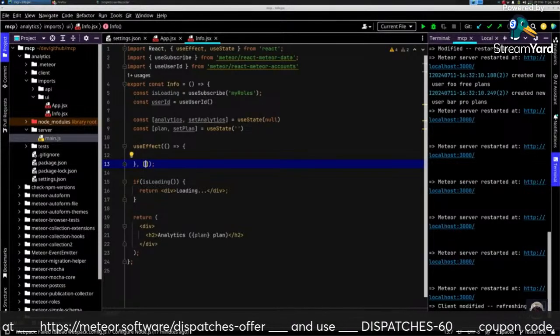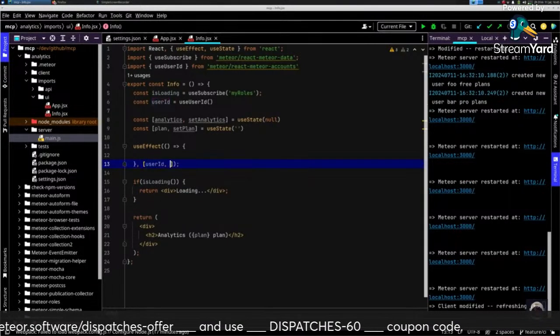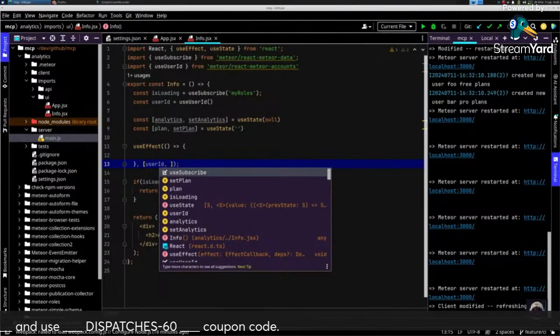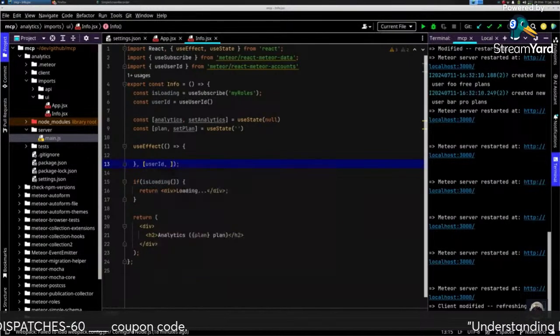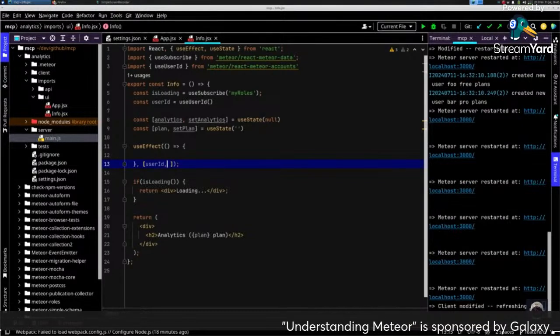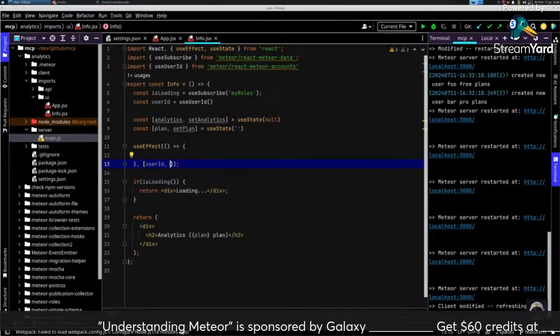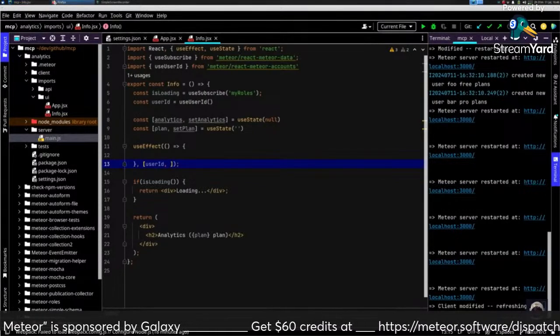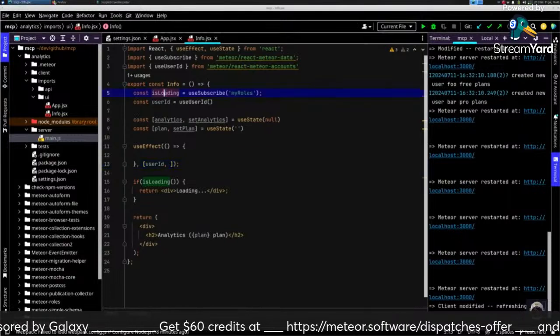And our dependencies are right now the user ID, because maybe the user is reloading the page and the user ID is not available yet, then it's undefined. But once everything is set up, the user ID is there. So this might affect if there is a user ID, if we want to re-render. And then the second is